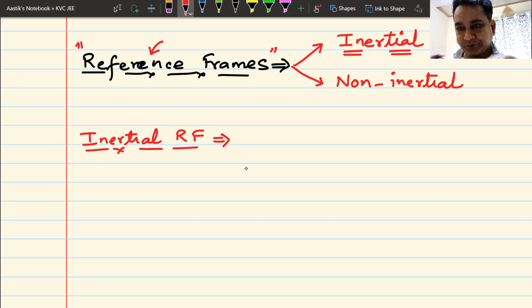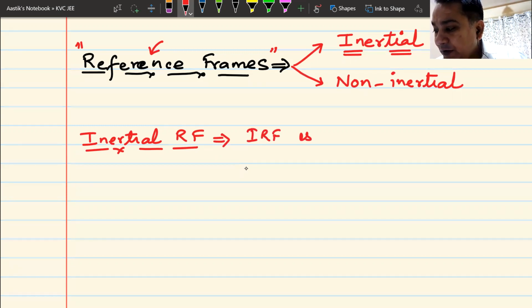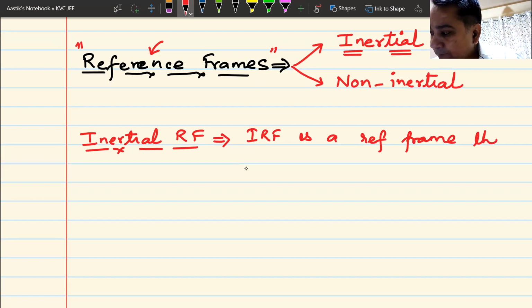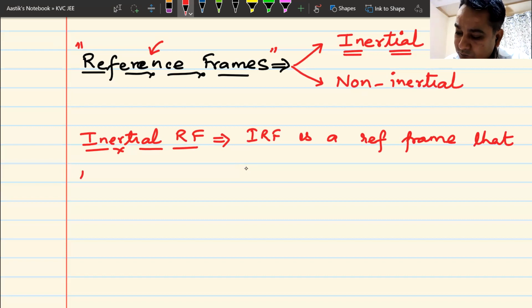Inertial reference frame. Now, what are these inertial reference frames? An inertial reference frame, IRF, is a reference frame. I am also writing. You can also write. It is a reference frame that is at rest